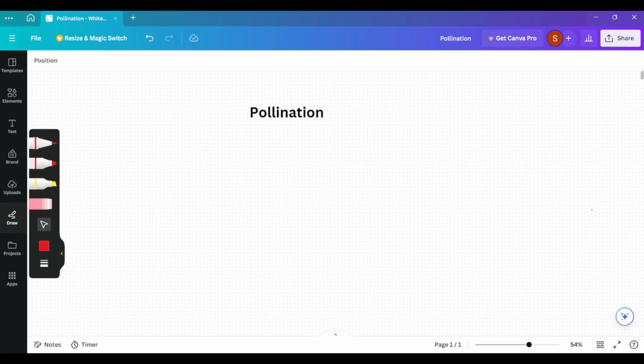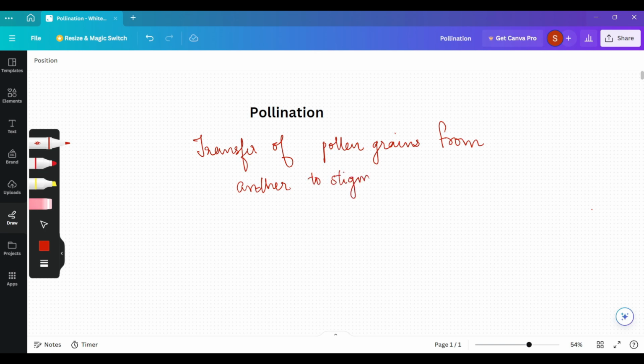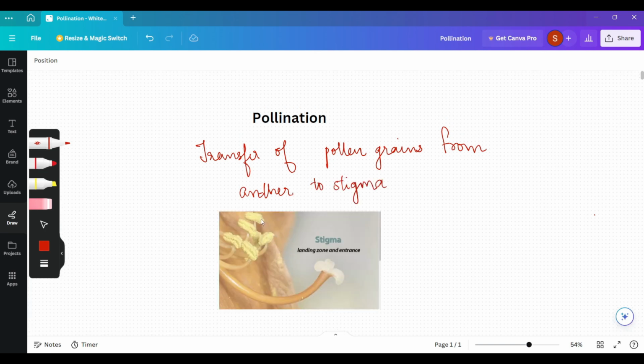To make the gametes meet each other, pollination is the process. So let's talk about pollination. Now, what is pollination? Pollination is the transfer of pollen grains from anther to stigma. When the pollen grains are transferred from anther, so this is anther, to stigma, which is the landing zone,